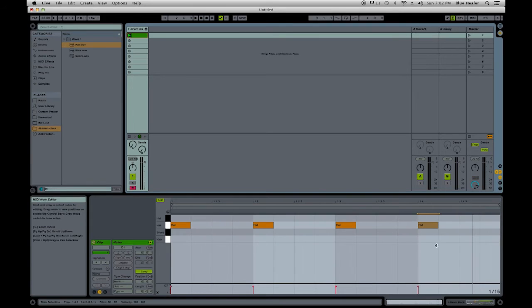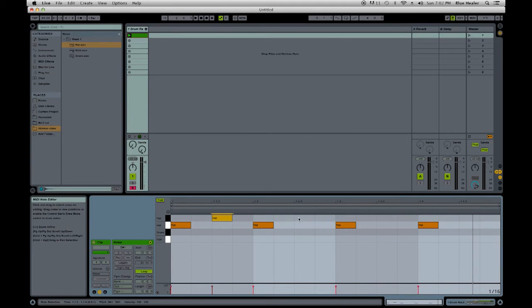So those are the 4 hi-hats. It's pretty simple. If you want to put the quiet hi-hats, this is something I like to do a lot, put the quiet hi-hats in between each count, so kind of on these upbeats here. So one there, there, there, and there. And now if you press space again, or play, you get